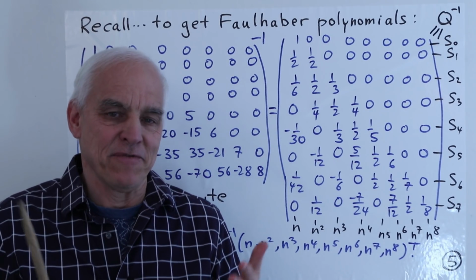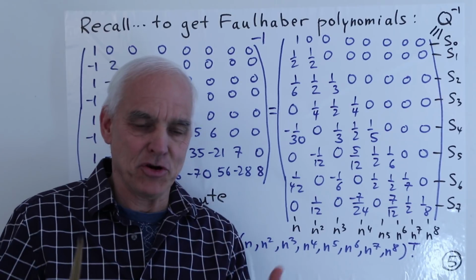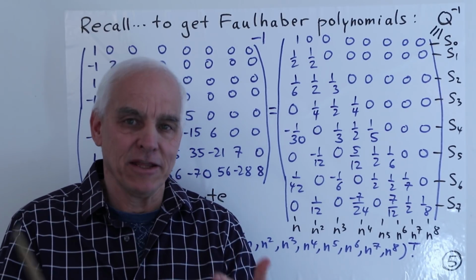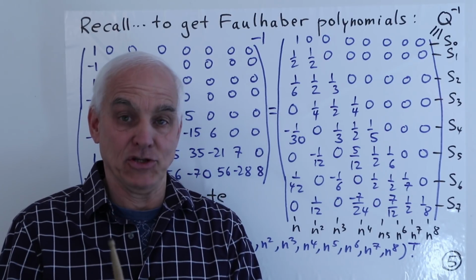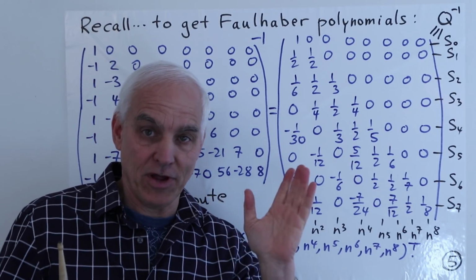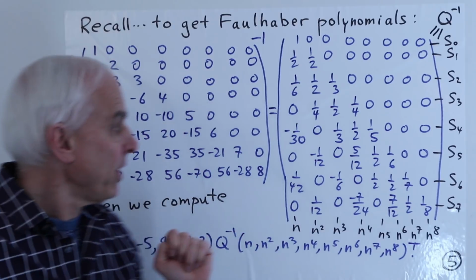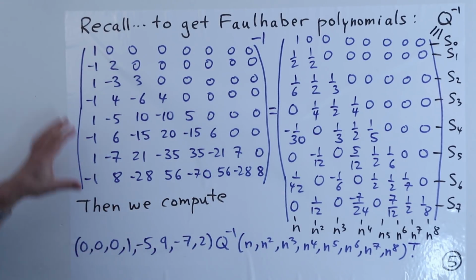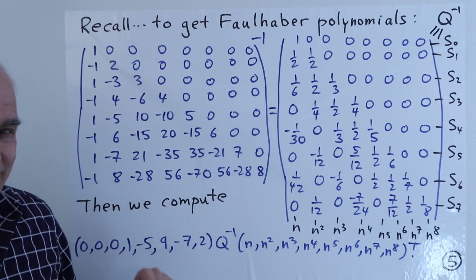So I could just list the Faulhaber polynomials and then take that linear combination that we need. But I want to remind you about how to get the Faulhaber polynomials in case you're on a desert island and you need to do this kind of calculation. So the method that I suggested to you, the sort of fast and efficient way, assuming you have some linear